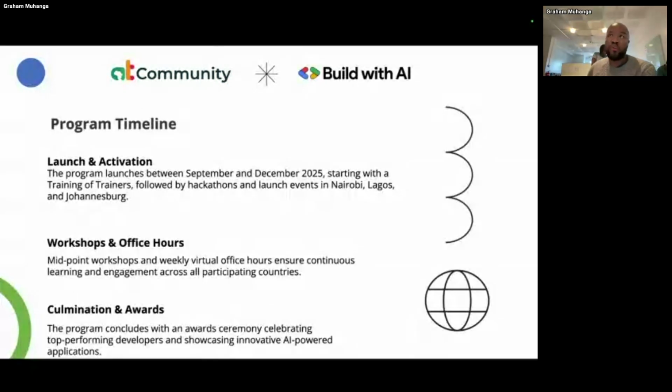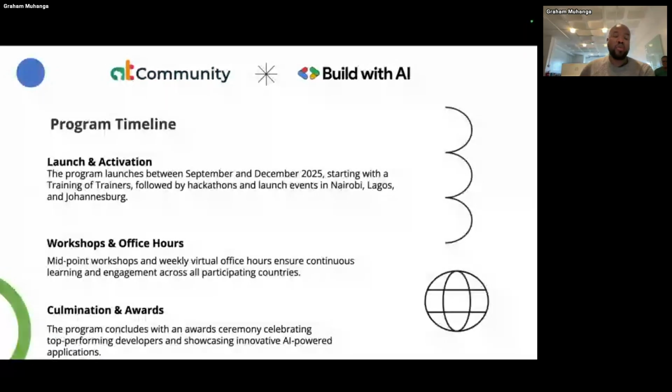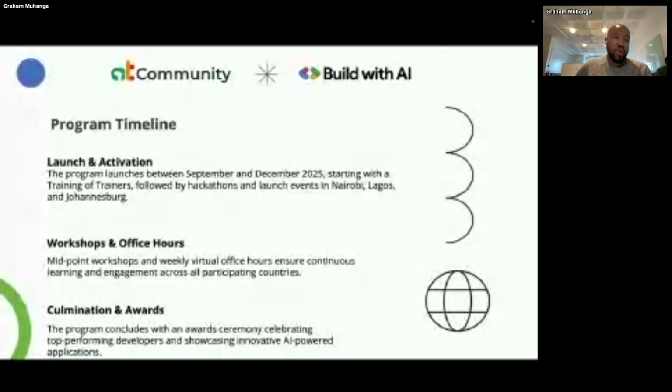You can expect virtual office hours on Tuesdays or Thursdays based on the program we will share. Then every month, and also in the last month, we're going to have some awards for developers who complete the Google badges. When you complete your Google badge, we will share a place where you can upload your link to your badge. Every month, based on the number completed, we should be able to reward you. And of course, the capstone project will have some rewards.